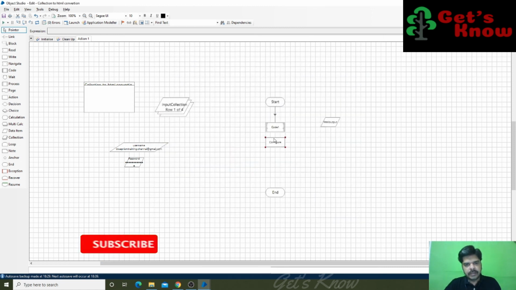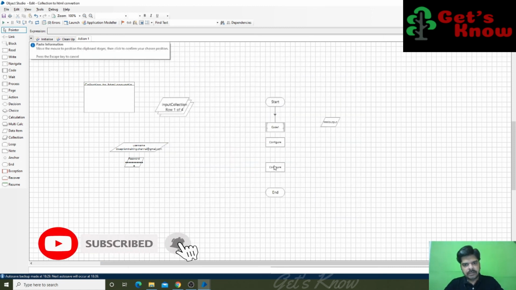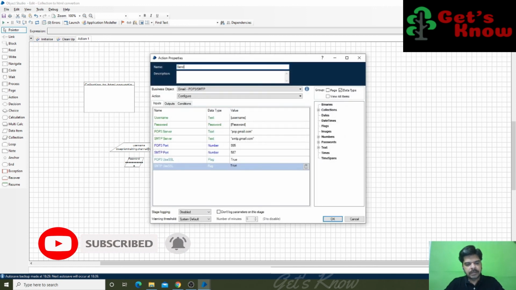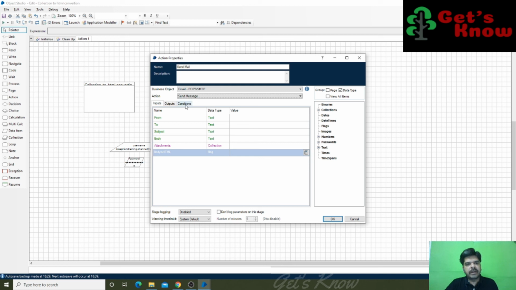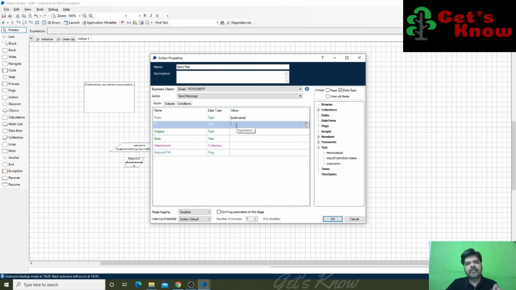Okay, and then one more stage I'm going to use here. This is for sending mail. For send mail, they are providing one action, its name is called send message. From this email ID, I'm going to send the mail to, actually here you have to mention your receiver's email ID, the recipient's email ID.